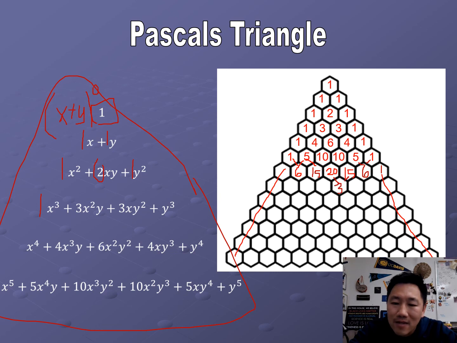So that's how you get the coefficients using Pascal's triangle. You can fill out this whole table, and you can fill it out forever, and it'll just keep going forever. But